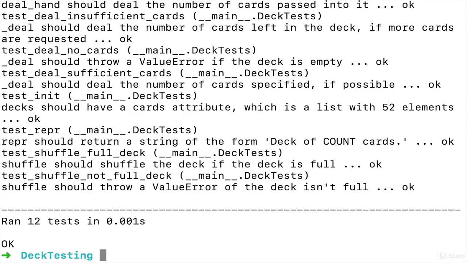All right. So that's the assignment. Again, if you don't have those card classes ready, the card and deck classes, you can just download them from this video as resources. You can also download my test solution, but I recommend that you try writing your tests first. In the next video, I will do a walkthrough of my solution.